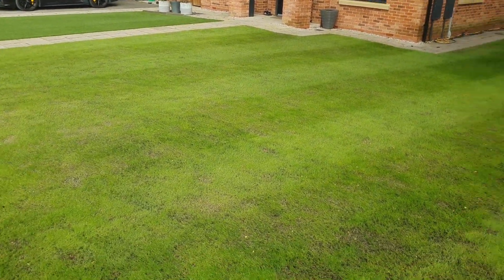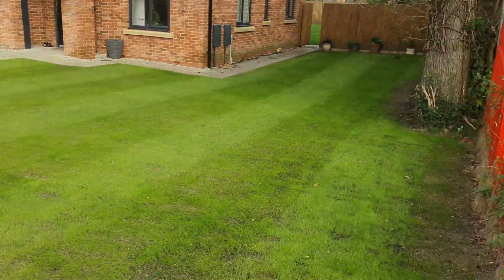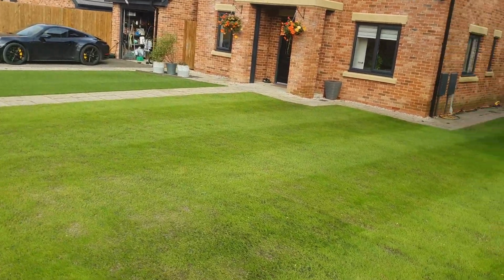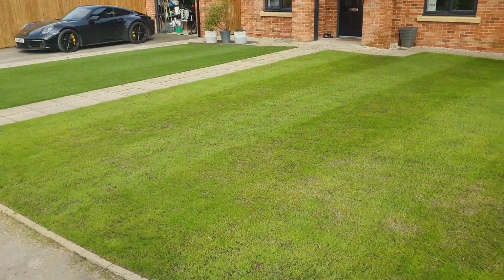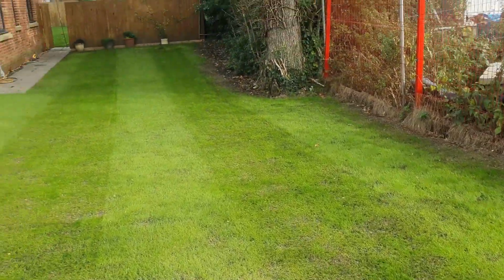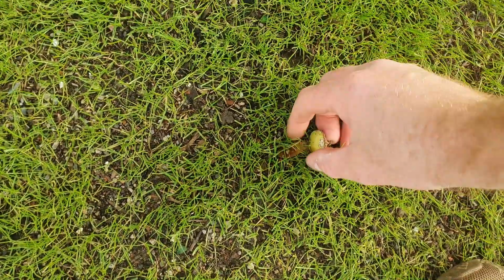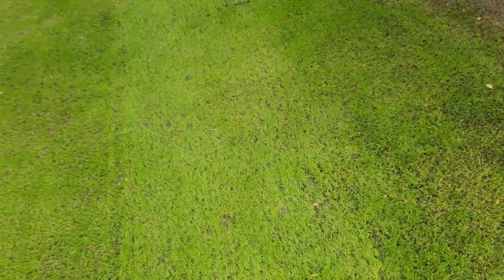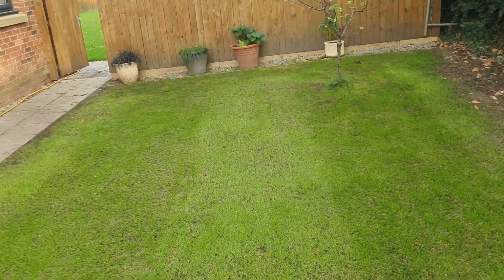Interlude then. Went in, made the wife a brew, some toast. But yeah, come out. Yeah, it's looking good. It's thickening up. The more you mow, the more it'll grow. Is that for a motto? But yeah, I'm happy with the way it's not retaining water here. But again, you can see these bits here, the mower just isn't creating a strong enough suction to pull some of the bits and pieces up. Overall,